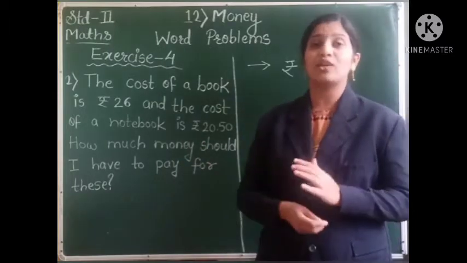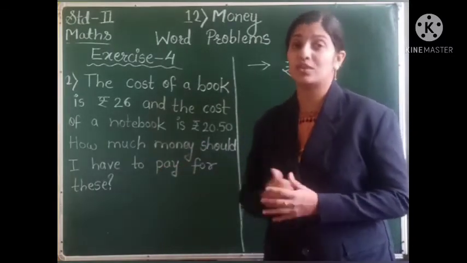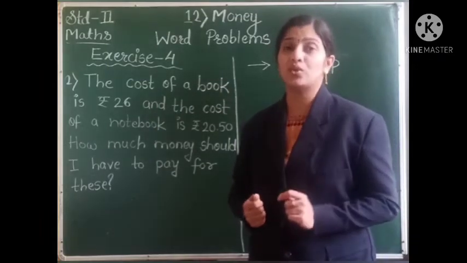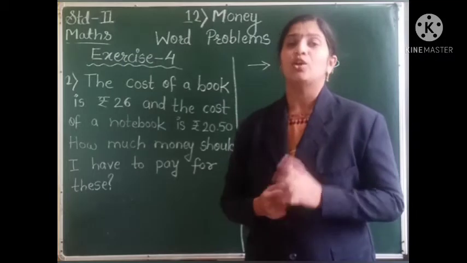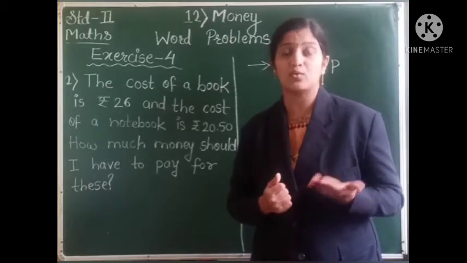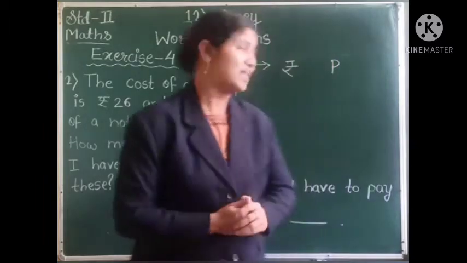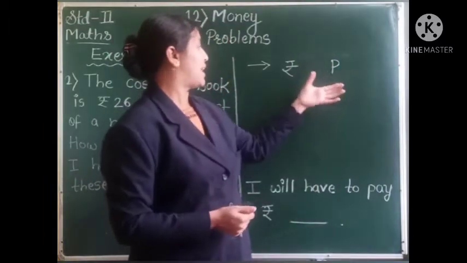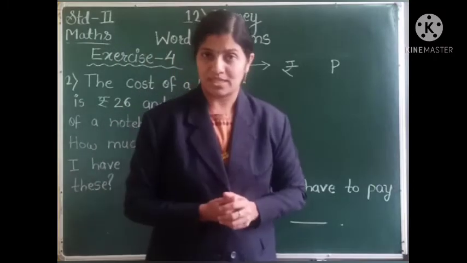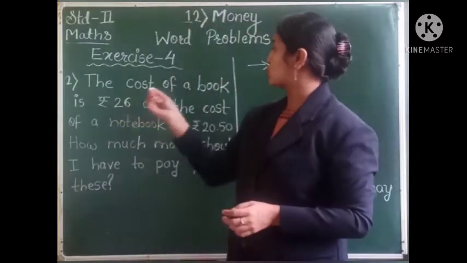So he is asking all together how much both these books will cost. So students, we need to do the addition here to let the boy know how much money he has to pay to the shopkeeper. So here you can see, similarly as in the last sum, I have written the rupees column and the paise column. So let us write the cost of a book first.